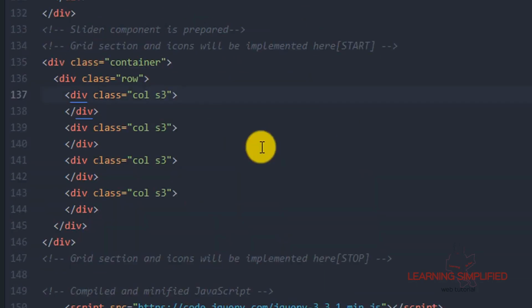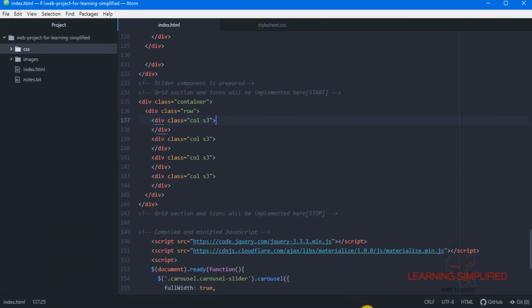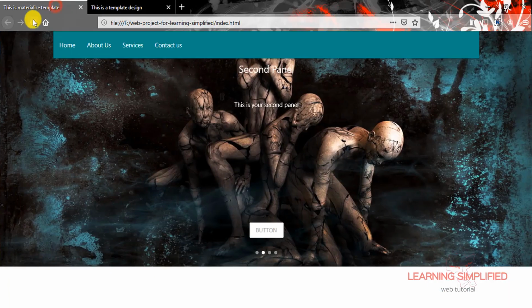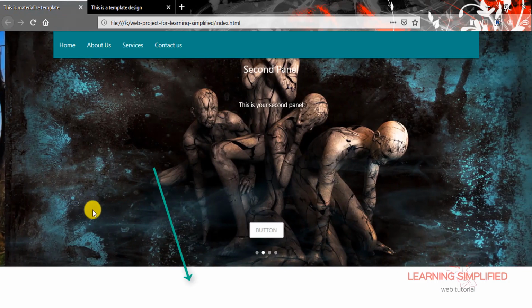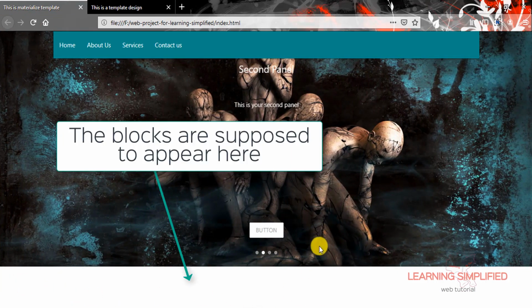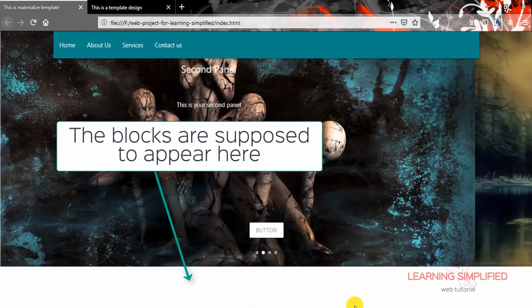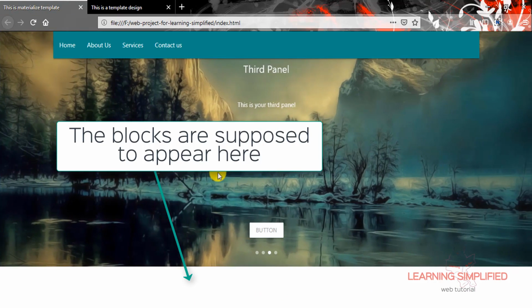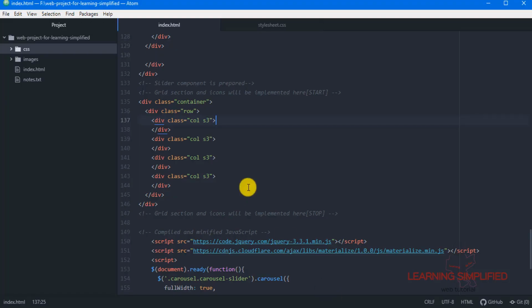Now if we keep it up to this far and get back to our project, and if we reload, we won't be able to observe anything because we have put nothing here so far. So this is the part next that we are about to do. First of all, let's examine whether these block elements are properly placed into their position.